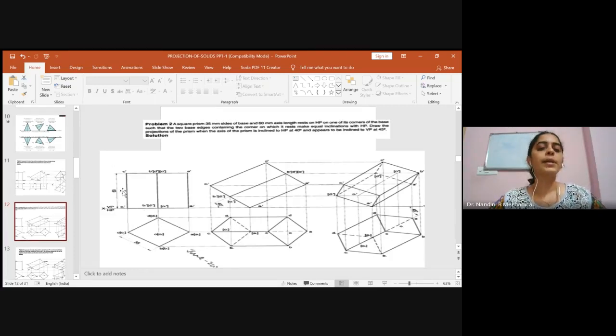To write the naming, again, the observer views from the bottom. So when he views from the bottom, what happens? From the bottom he is seeing, right? So when he sees from the bottom, you have C and C1 both. Bottom surface naming should always be written on the XY line. The top surface of the square prism has to be shown on the top. So C1 will become C1 dash, and C, which is of the top surface, will be C dash, because we are representing the front view.